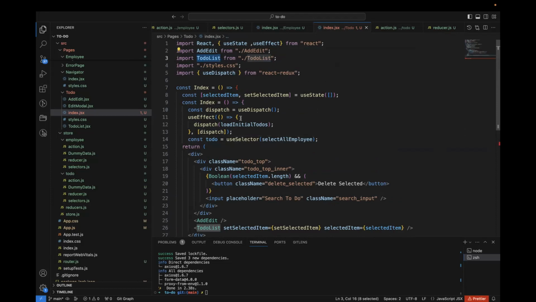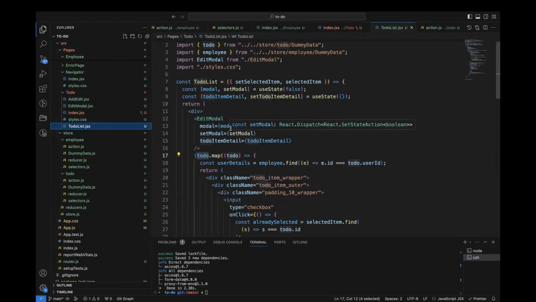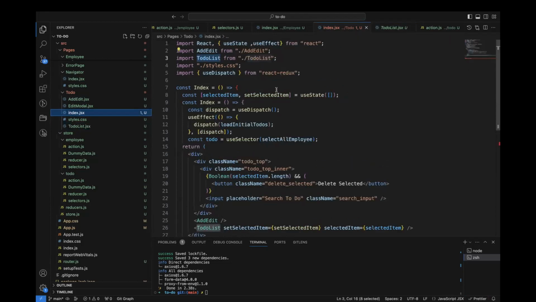And also I don't want this to-do list here, because I'm using the to-do list inside my to-do list component. But now what I'm going to do is get the to-do list inside my parent component and pass that to my to-do list component. For that, let me name it as to-do list and use selector. For this, I have to use,